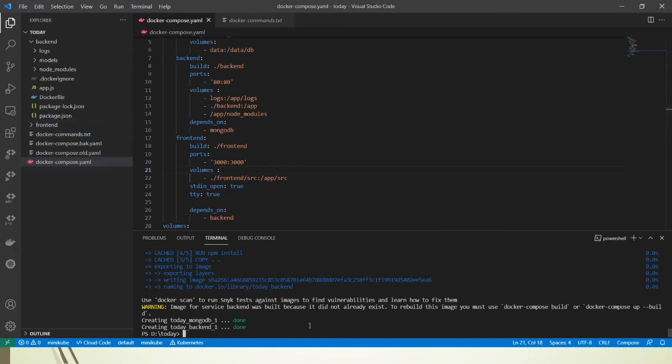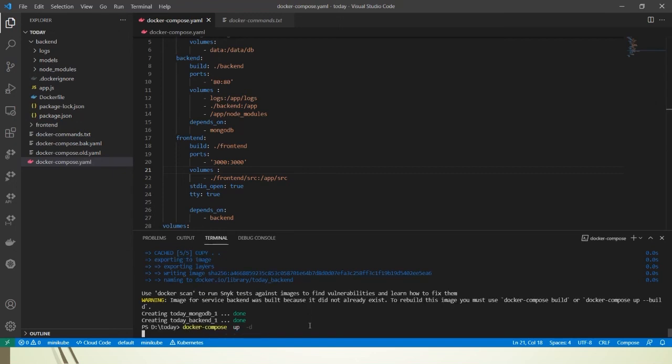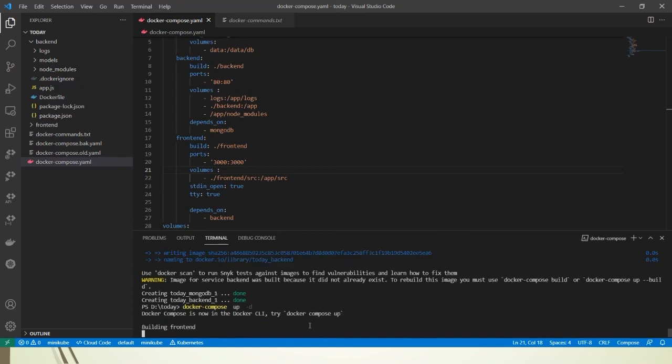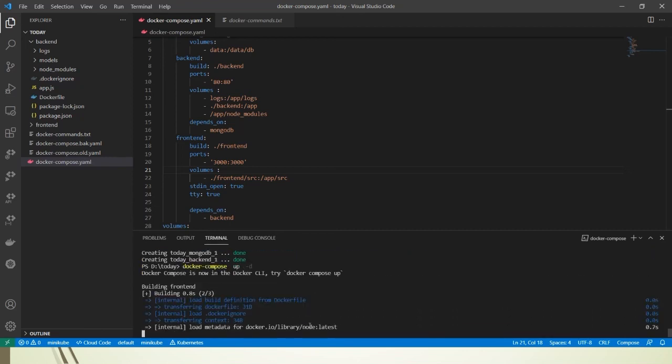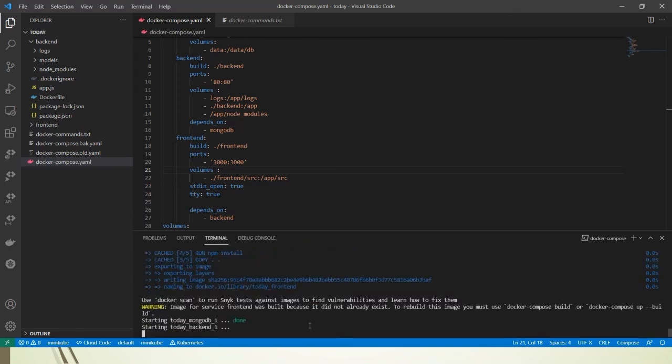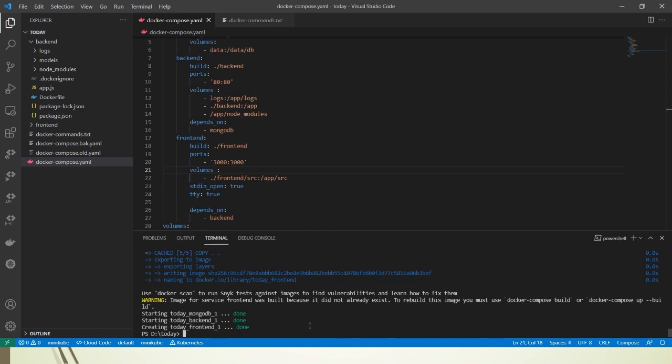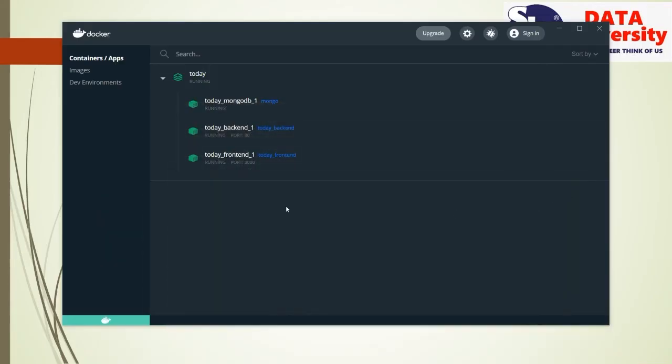Let us run up -d. It is just building the front end, if you see now, because the rest of it was already there, so it will not rebuild it. And here we can see everything is running.